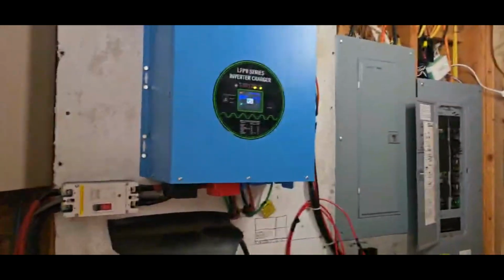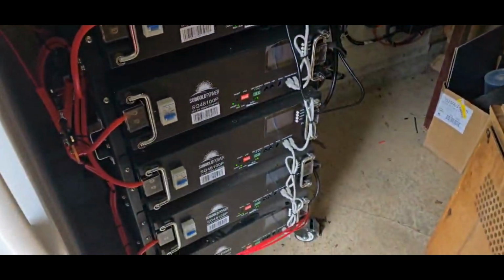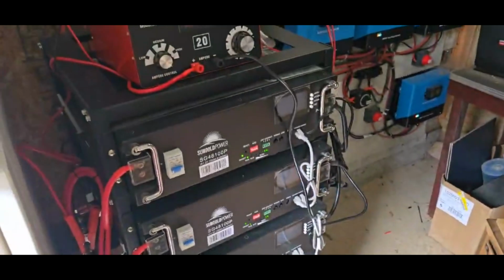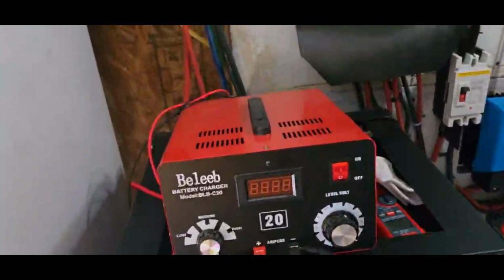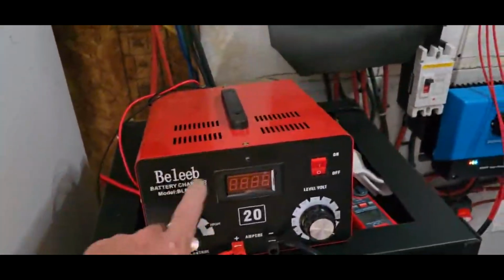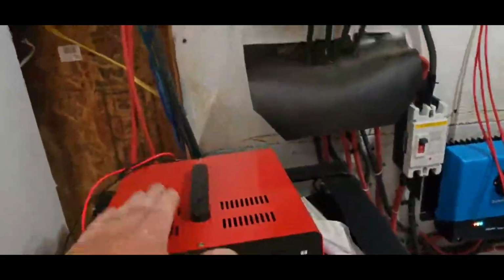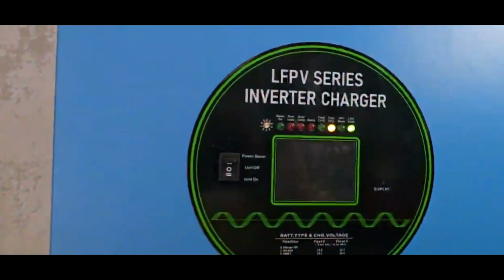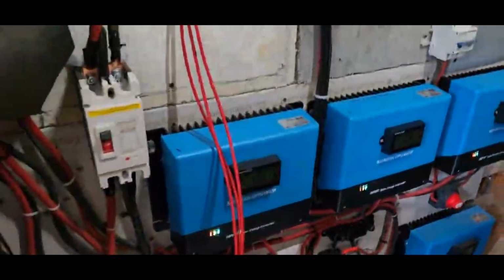I'm going to do a quick little rundown of our system here. Our 5 48 volt batteries. This is our charger that I use. So when we have no commercial power, I can plug this charger into a generator and it does 48 volts, and this can charge these batteries. It works really well. Right now, this commercial power is charging these batteries. You can see right here they're barely running, but now that the solar's up and running, I can come over here,